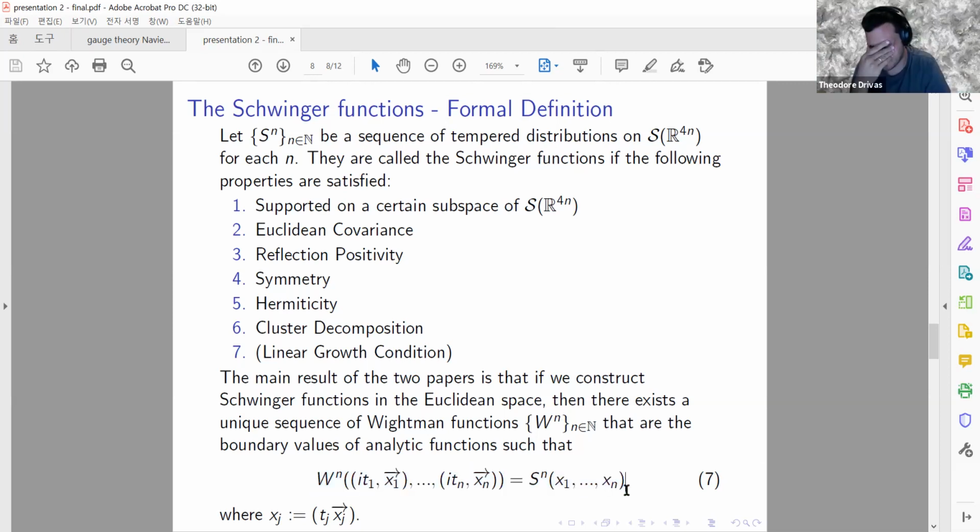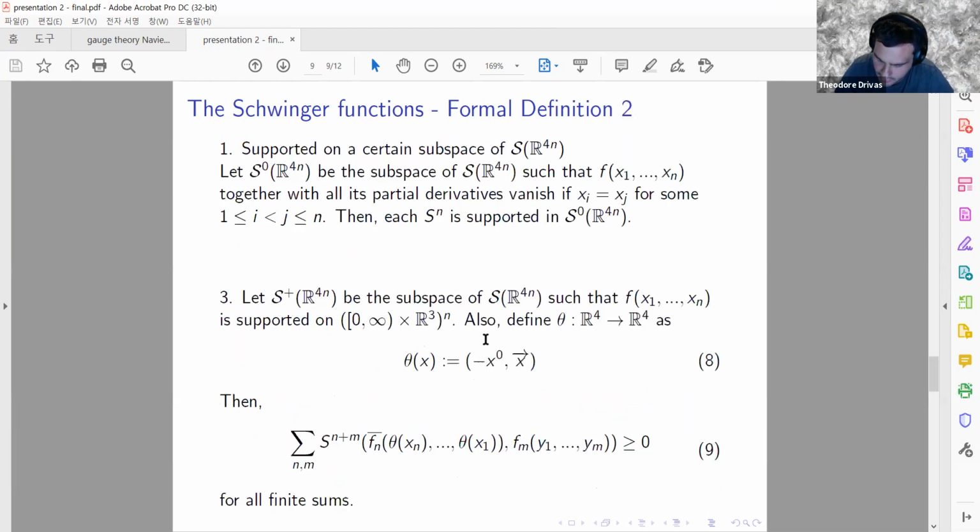Yeah, I don't know, but reflection positivity as a statement about solutions of the heat equation, what is it saying? Is there an easy way to say what it says? Actually, I do not immediately see how to formulate reflection positivity for heat equations, but for Schwinger functions, they are formulated as this.